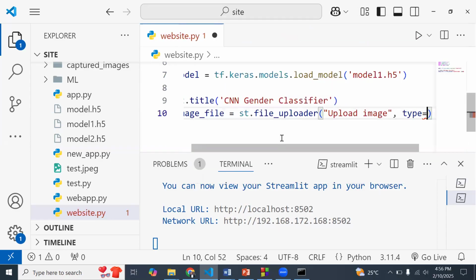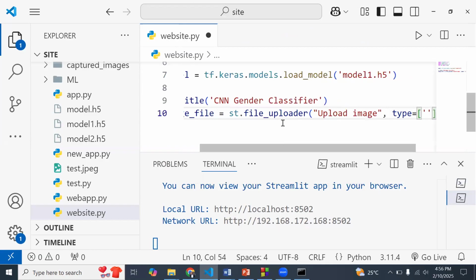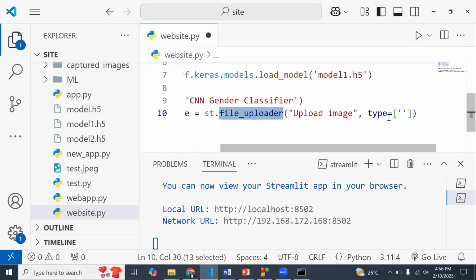The type of files that we want uploaded, because this file uploader can upload PDFs, videos and other things. When we put in a type over here, we are restricting the files based on the extension we put up over here.